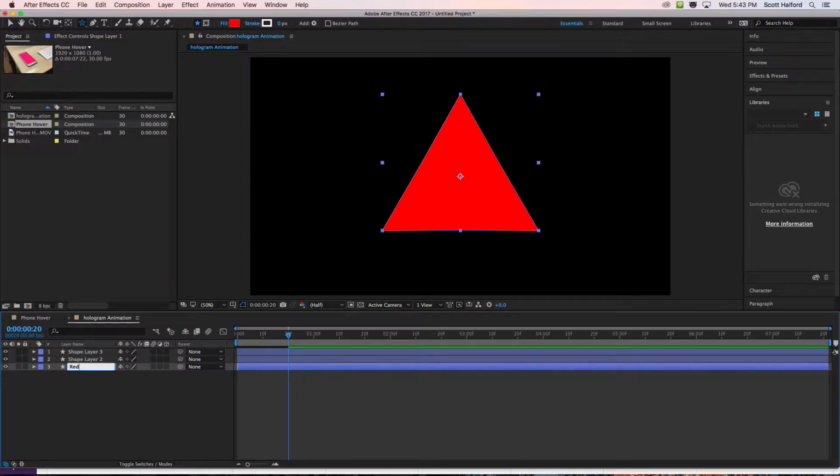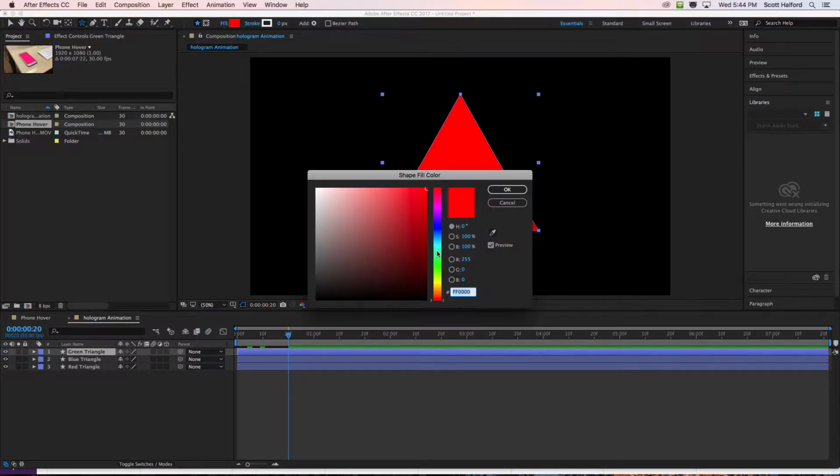This bottom one I'm going to call red triangle. The next one I'm going to call blue triangle. And should we do the third one green or yellow? Green. Red, green, blue? Green triangle. Okay, so right now, if I change this top one to green,